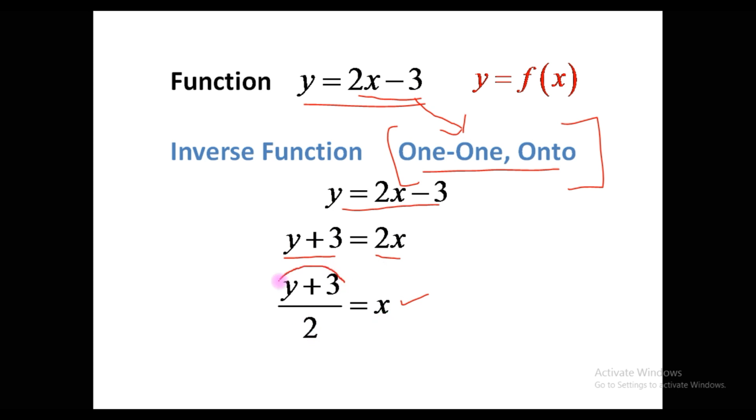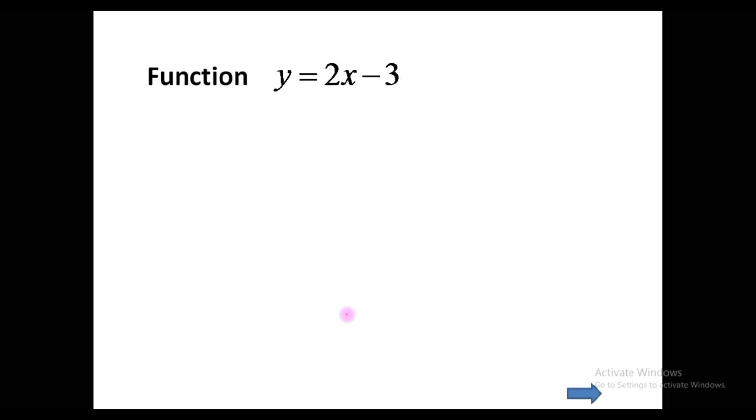And this is nothing but the inverse function. That is, x is equal to f inverse of y. x is some function of y now. Now let's see what can be done with the derivatives. Now if y is equal to 2x minus 3, the same function I had taken, if I differentiate this with respect to x, all I get is 2, because the derivative of x is 1 and derivative of 3 is 0. So only 2 is what I will get.